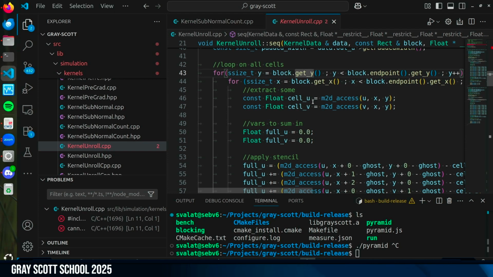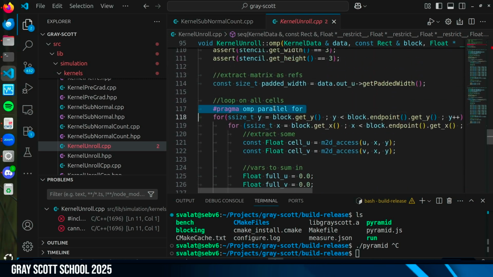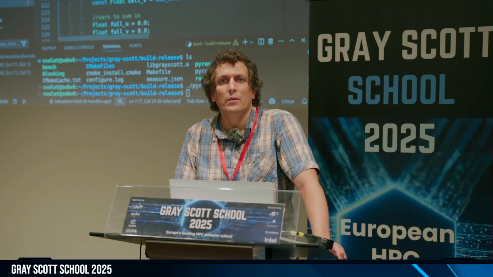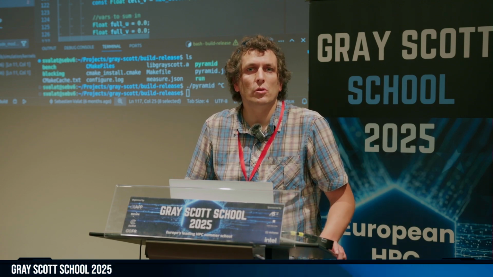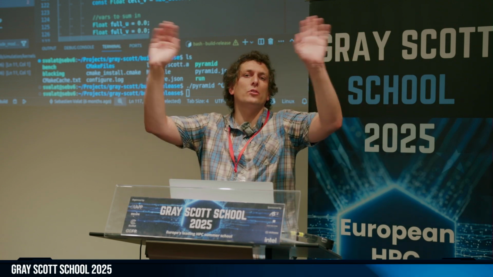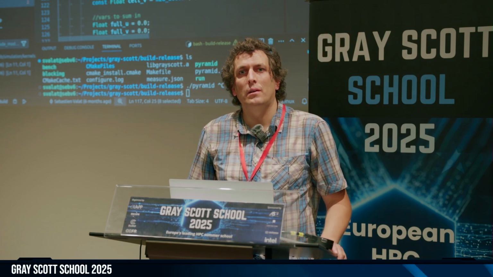Here it's vectorized because the compiler has only the CPU code. If I'm adding a pragma, like here, just adding the pragma makes the code so complex for the compiler that it decides not to vectorize. You see? The auto-vectorization of the compiler is not a perfect thing. When the code is too complex, it says, no, I cannot understand this, it's too complex for me, and does nothing.